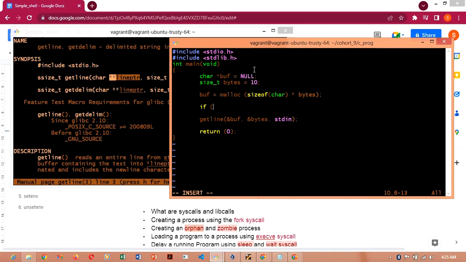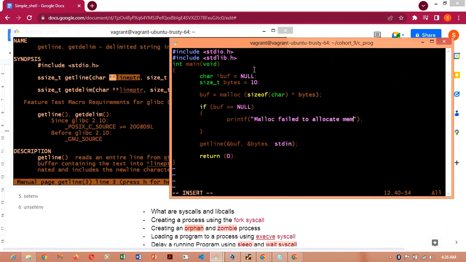So I can just say if my buffer is equal to NULL, then I want to make this very precise and interactive. So I could just say malloc failed, so I will know the reason for it. I could just say malloc failed to allocate memory. Then I want to just return,